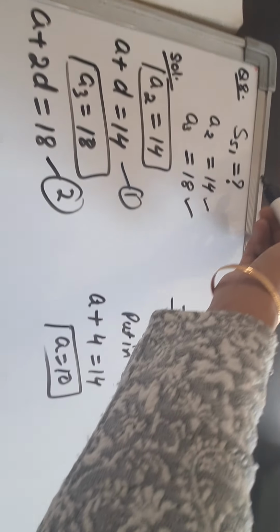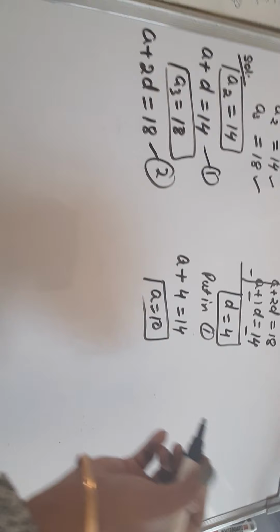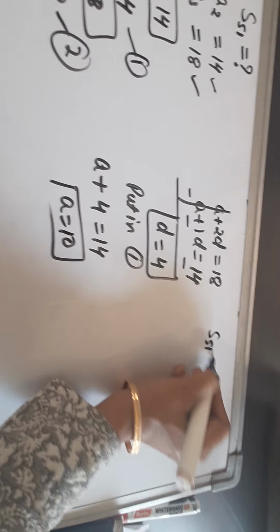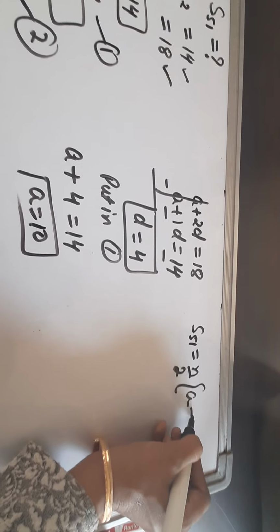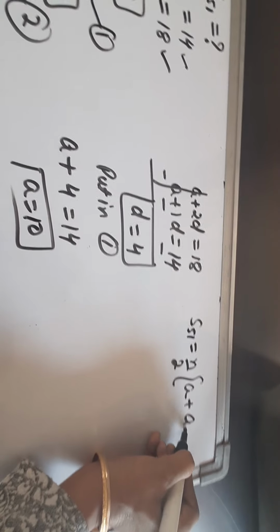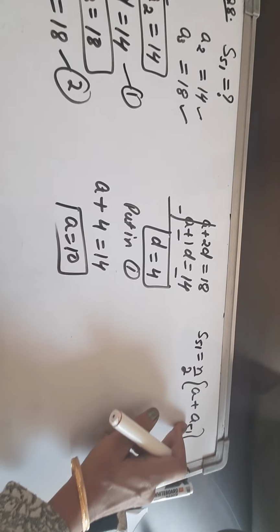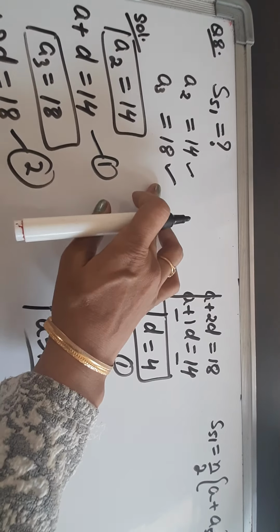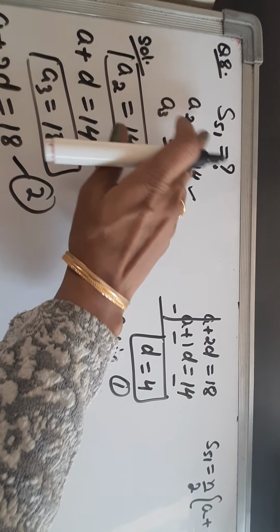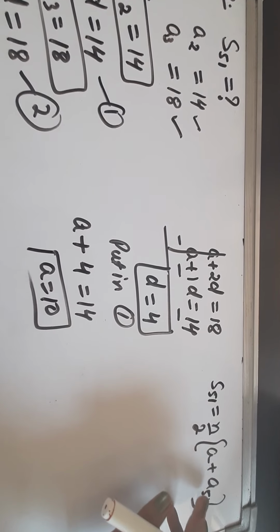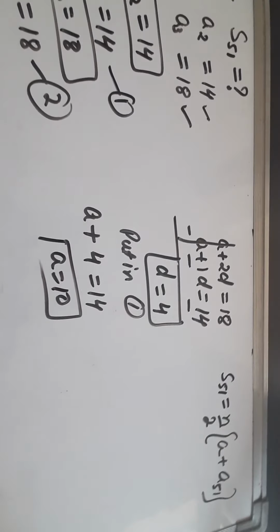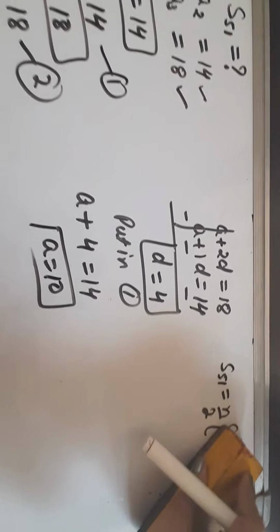Now let us start solving S51. So S51, the sum of 51 terms, is equal to n by 2 into A plus A, last term should be 51. Dear students, क्या 51th term given है हमें? No, we have been given A second and third term. तो अगर सम है 51 टर्म्स का तो लास्ट टर्म मतलब A51 होना चाहिए, वो नहीं गिवन है. दैट मीन्स वी कांट यूज़ दिस फॉर्मूला इन दिस.